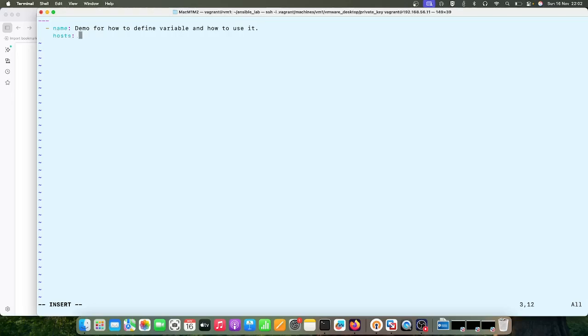Hosts, then we can use vars. Under vars, you can define variables like